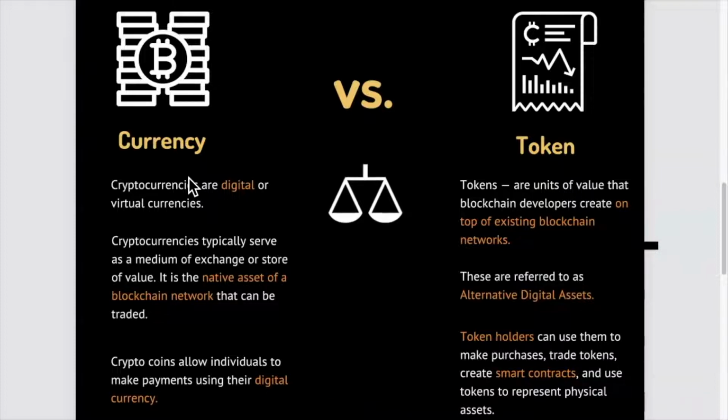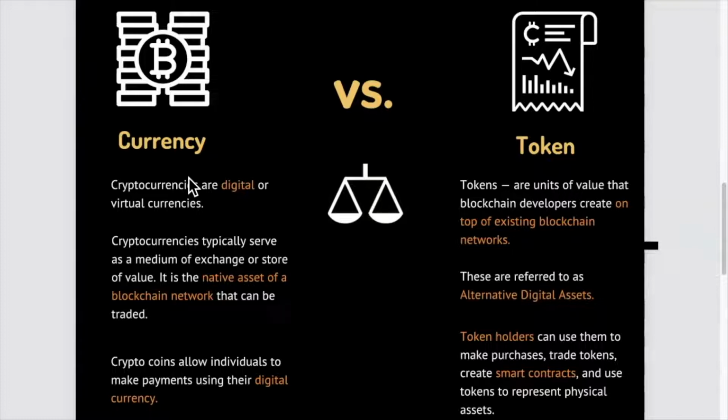For example, things like Bitcoin and Ethereum are considered coins. The reason that coins is decently accurate is because BTC and Ether are actually used as a currency. So a coin is actually pretty accurate to represent a piece of currency that you can use to do transactions as a medium of exchange and as a store of wealth.